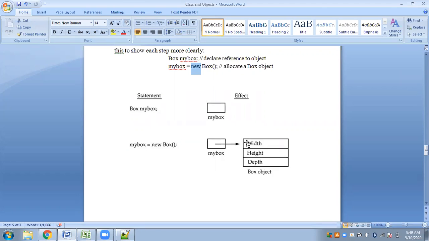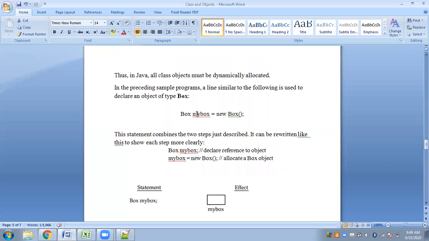Till now we have seen only one single statement, Box myBox equal to new Box. The myBox that you created in this statement was not actually the object. It was simply an object reference variable. It was simply a variable that was used to point to the object of your class.